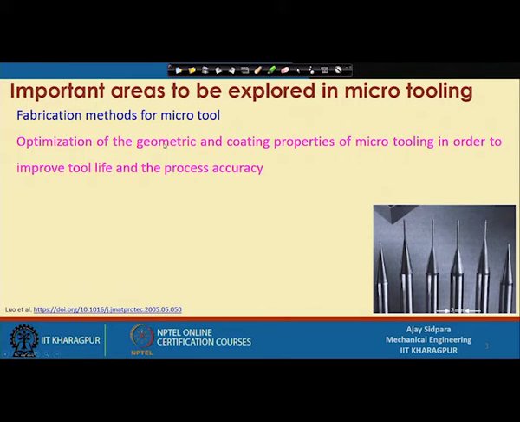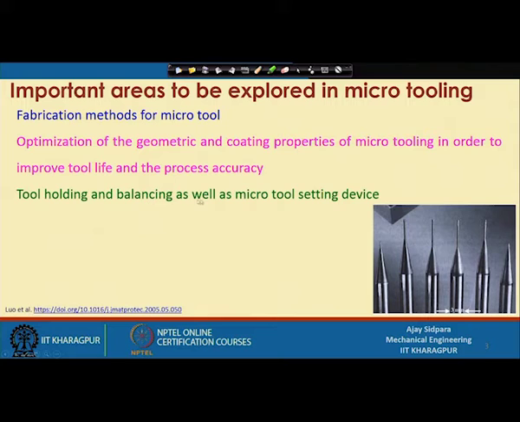So, we will see very primitive shapes, something like a D type tool, square, rectangle, and circular tools without any flute. We will discuss why it is difficult to get those features: there is a problem with the processes available to make them. Coating property is also important, which type of coating and which material you use for coating. So, that is also an issue.